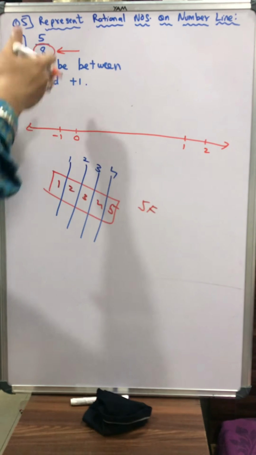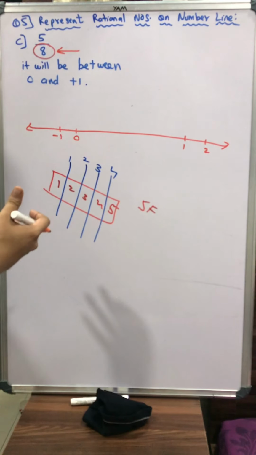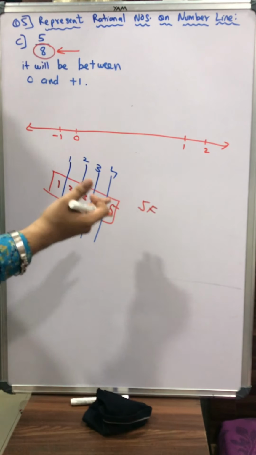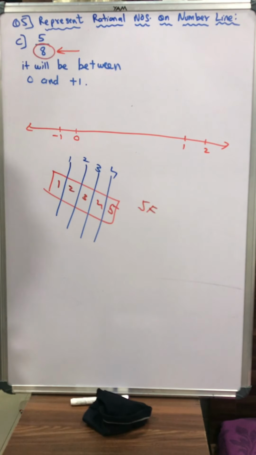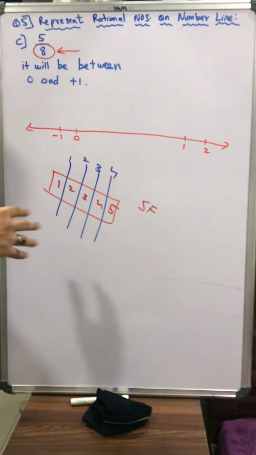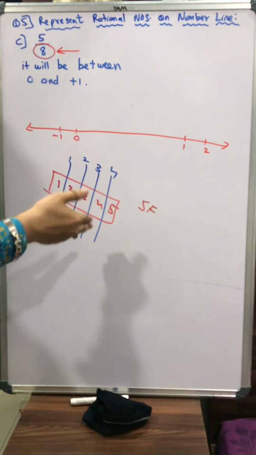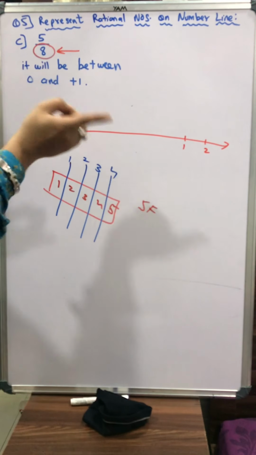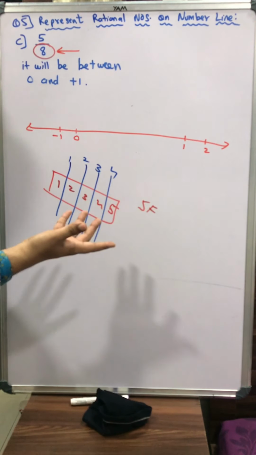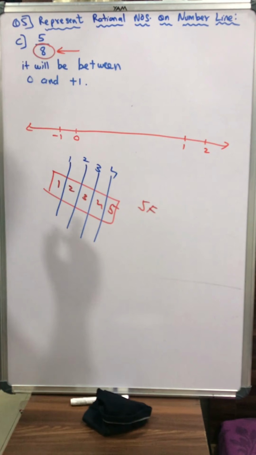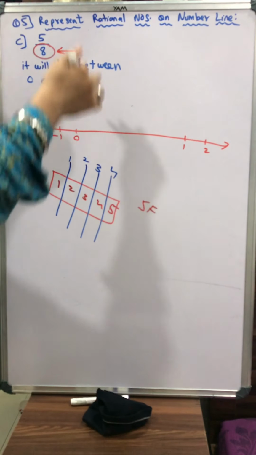So I had cut 4 cuts. If we were 10 friends, then I would have cut it 9 times. If we are 100 friends, then I would have taken 99 strokes. Always we have to do minus 1 from the number of equal parts we want. Here we want 8 equal parts, so 8 minus 1 is 7. That means, students, we have to cut our cake in 7 strokes.